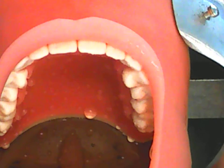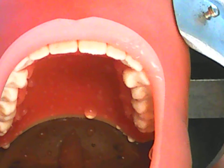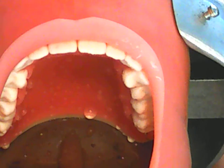Ask him, can you please just close? You may close just gently, please. Don't bite too hard yet. And the last portion of the removal is to ensure that your cut is a nice straight cut. Okay, and you want to check for missing pieces. So on my dental dam, I'm checking